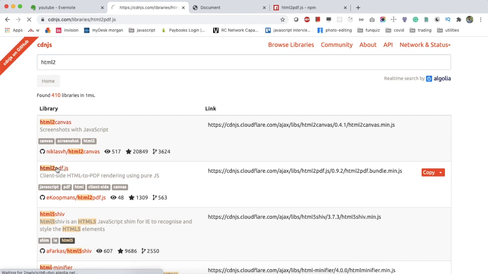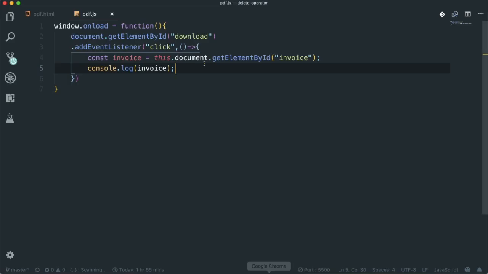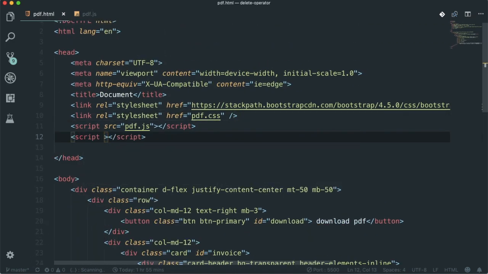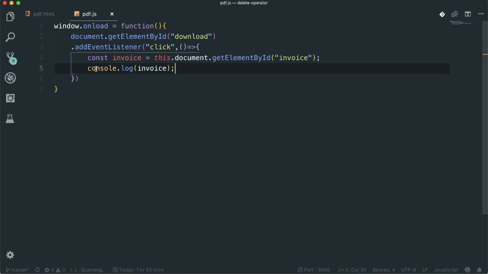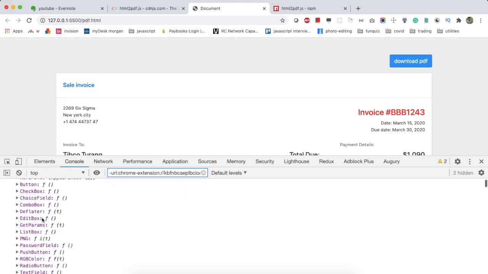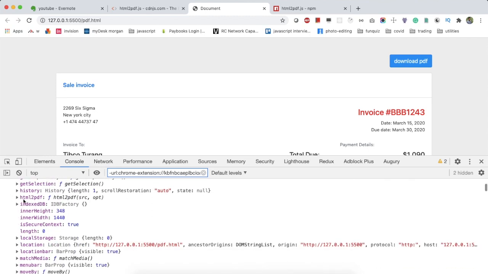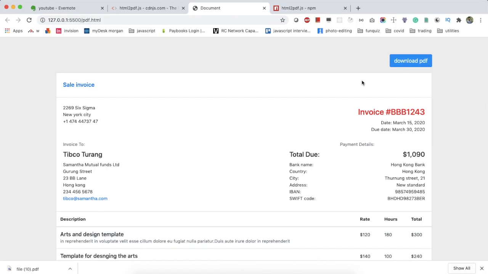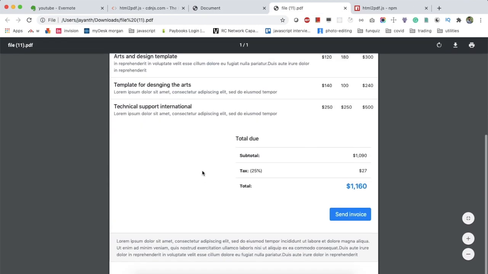So to convert this, I'm using the html2pdf JS file. That's why I have copied that CDN JS link, script src equal to the CDN JS file. Now let me show you the window property here. Here I have added that html2pdf, right? You can see this html2pdf was added as a global property. So that's why I can use that html2pdf directly here. In this, the from function will be there. You need to use whatever template you need to download here, and the dot save method will download that file as PDF. So you can see here the file has been downloaded,